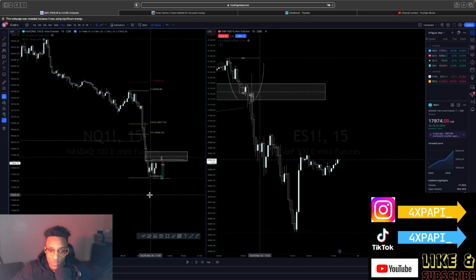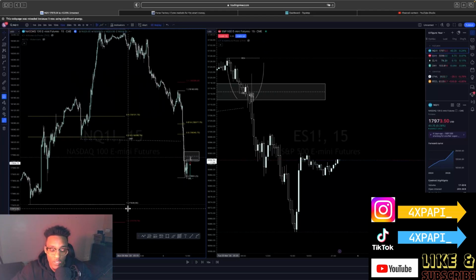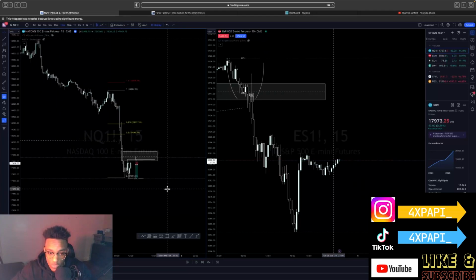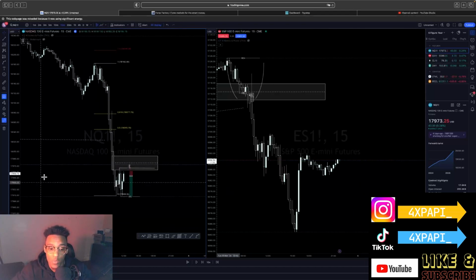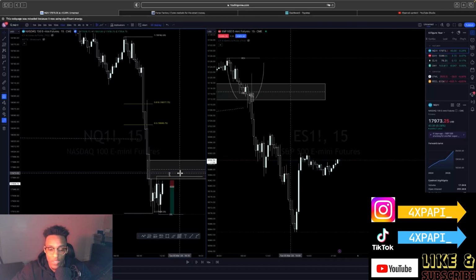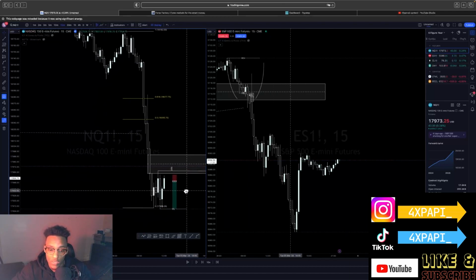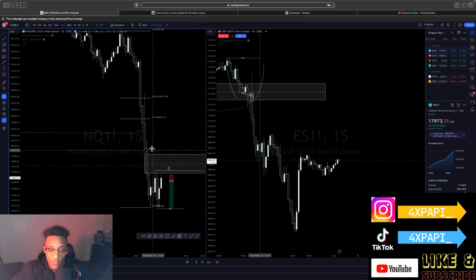But because of what we're trading and we had the draw on liquidity, I would give it maybe a B. It ended up working out, but it's not a trade that I'm likely to take, or if I get it, I would just be in low size. So same model, 15-minute fair value gap.